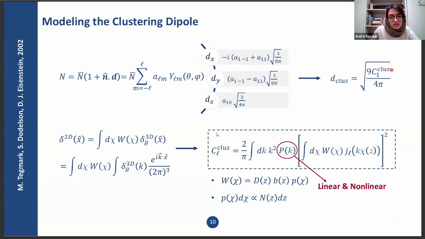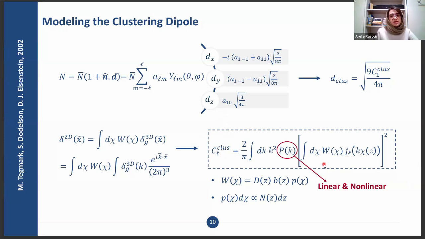In order to find this clustering power spectrum, we have to expand and map our 3D density field onto a two-dimensional spherical surface. And we can use the coefficients we derived up here in order to write this relation for the angular clustering power spectrum, which is directly related to the matter power spectrum. In our study, we used both linear and nonlinear regimes to report our results. And for nonlinear correction, we have used the halo-fit model and the one-loop model, which I'm going to introduce in the following.